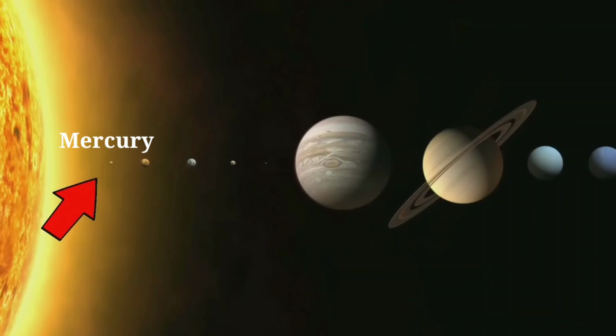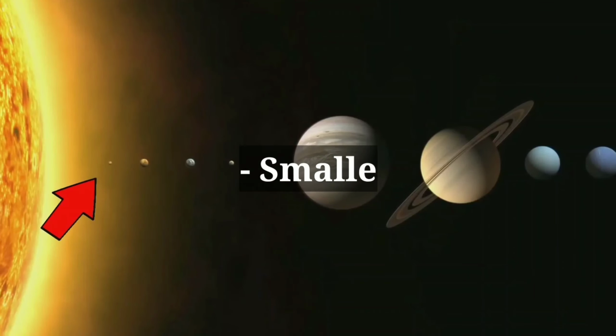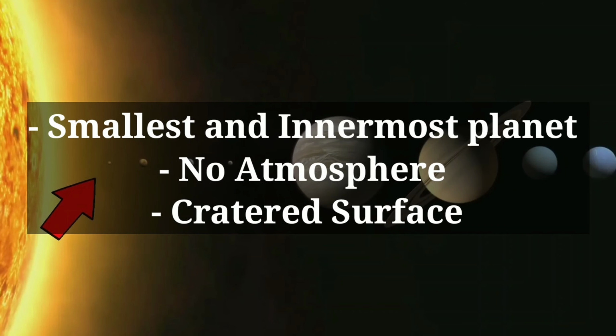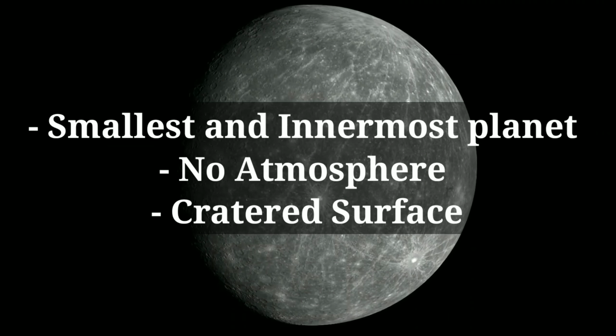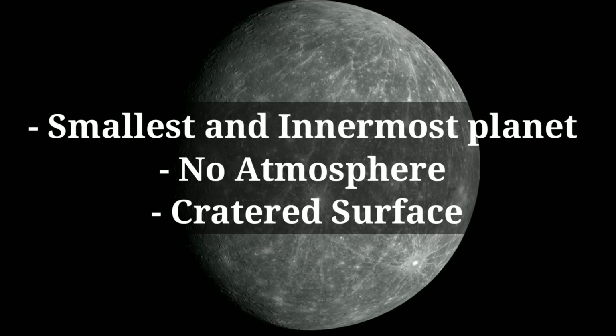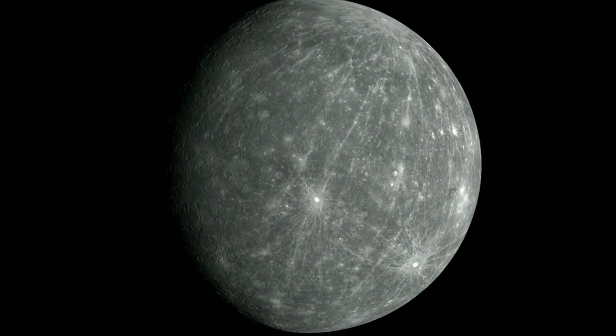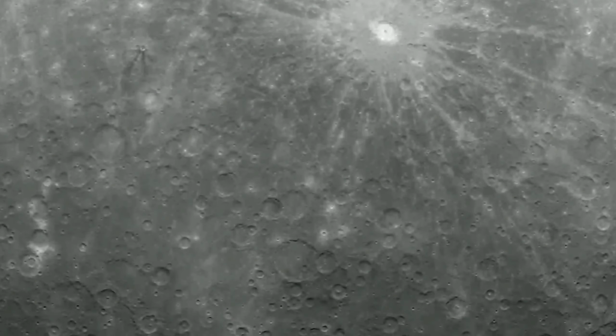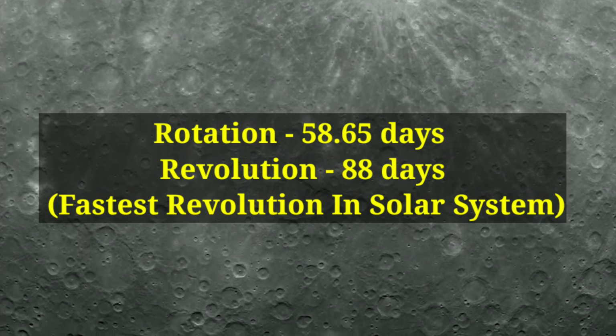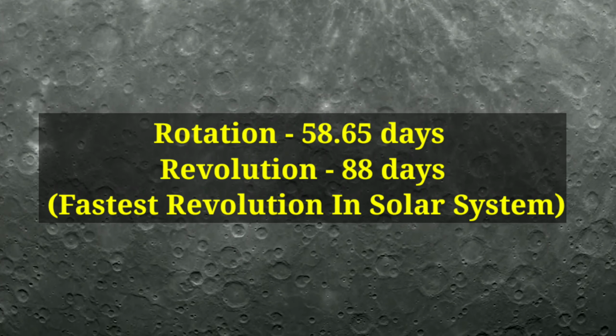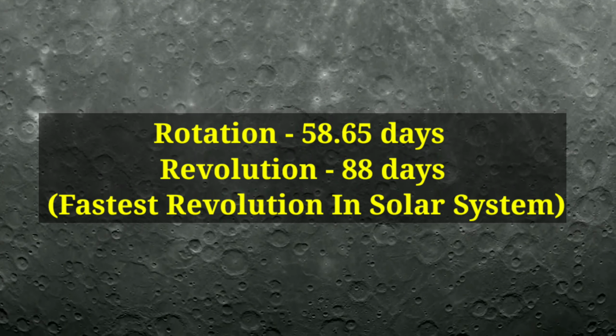The special characteristics of Mercury are: it is the smallest and the innermost planet. It has no atmosphere. It has a cratered surface much like the moon. Okay, so it will be uneven. Crater-like surface means uneven. Okay, so the rotation of Mercury is 58.65 days and the revolution is 88 days, which is the fastest revolution